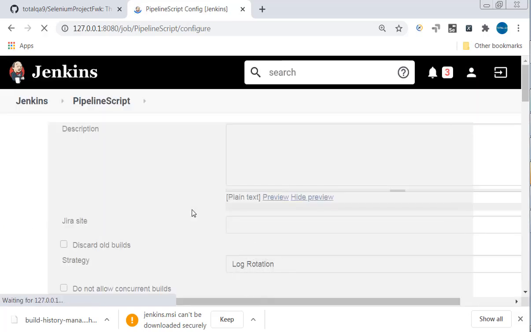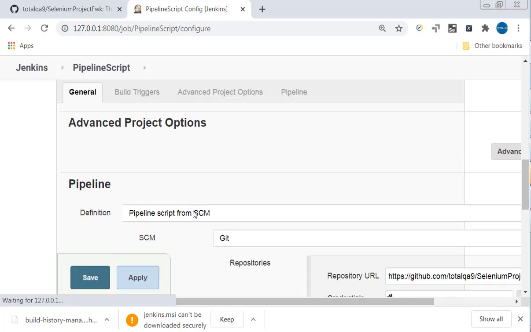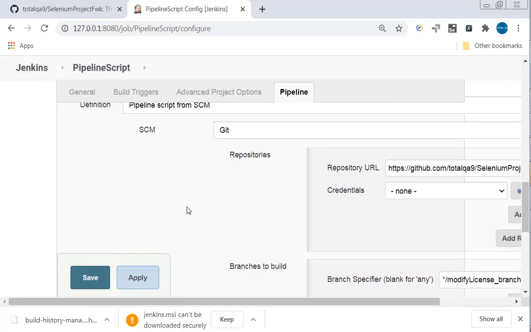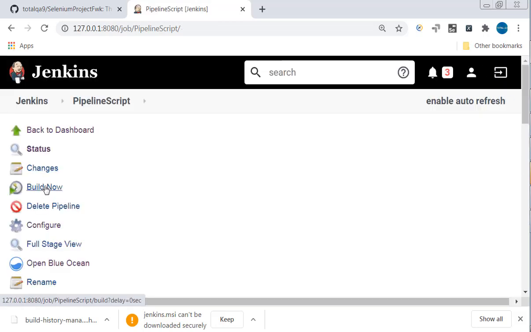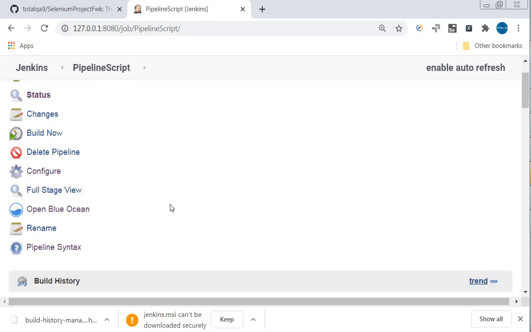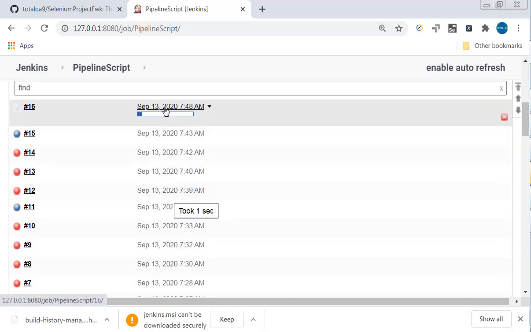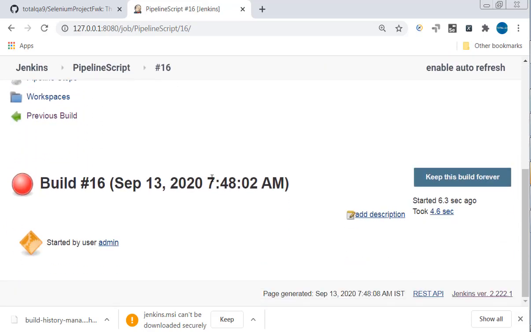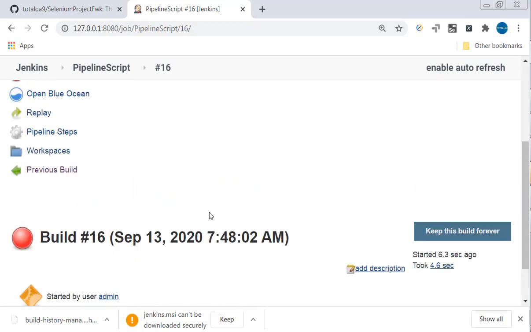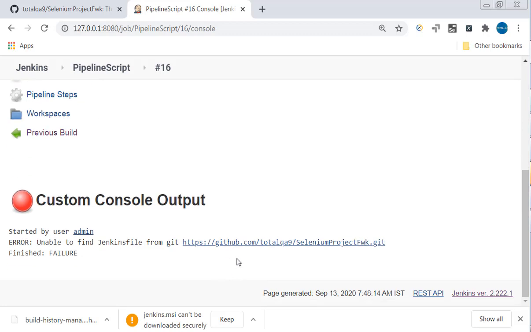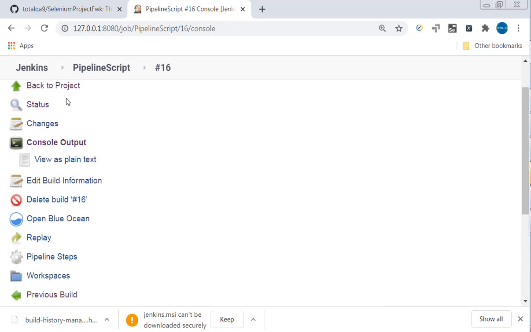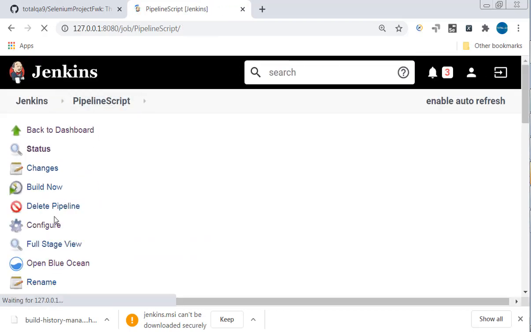So what is happening? What is the advantage of maintaining the Jenkins information in a Jenkinsfile? We are not updating the script. The script is automatically part of your GitHub repository. Apply, save, try to run now. You can even execute the script directly via Jenkins, which is stored in GitHub. You can scroll down and see. That is the information. I think it is failing for some reason. Let's see that. So it is unable to find the Jenkinsfile from Git.